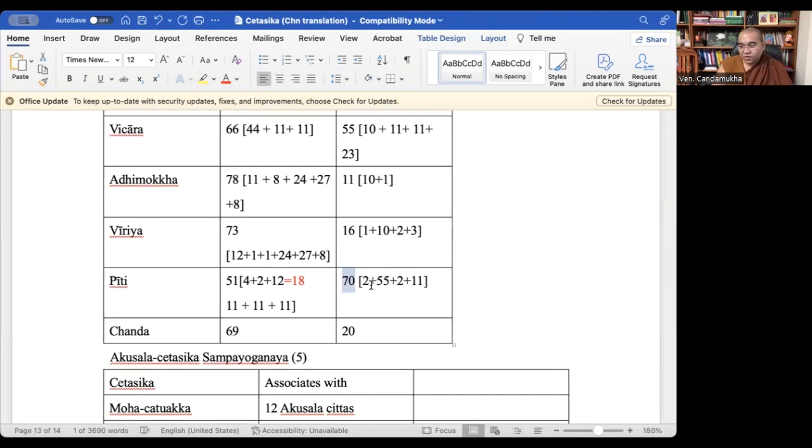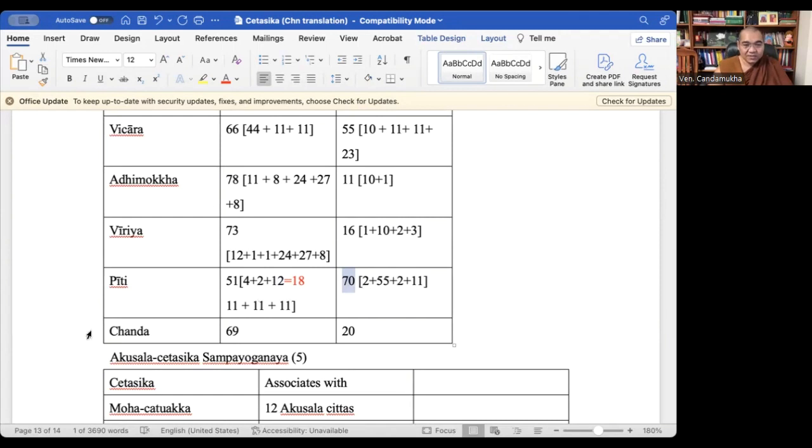Also, sometimes among the jhanic factors, Vitakka, Vicara, Piti, Sukha, Ekaggata, Sukha is mentioned over there, but that Sukha refers not to the physical pleasant feeling but to the mental pleasant feeling, Somanassa Vedana. That one also we can understand. So that is one Sampayoga method in the BD Cetasika.